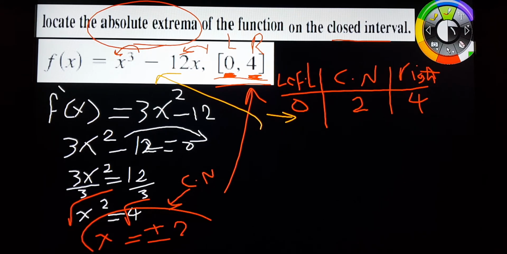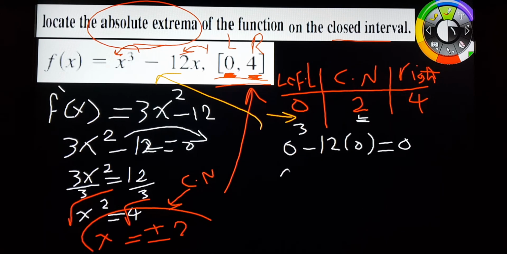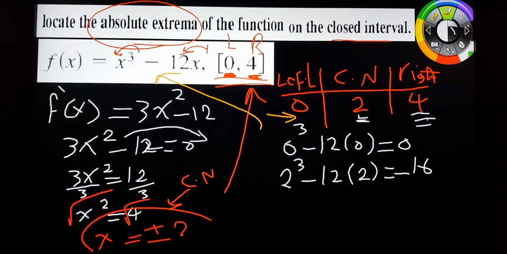So I will replace x by 0 first. So it is 0 to the power 3 minus 12 times 0, which equals 0. Then we take 2 and replace it in the original function. So it will be 2 to the power 3 minus 12 times 2, which is negative 16. Then 4 in the original function, so it will be 4 to the power 3 minus 12 times 4,